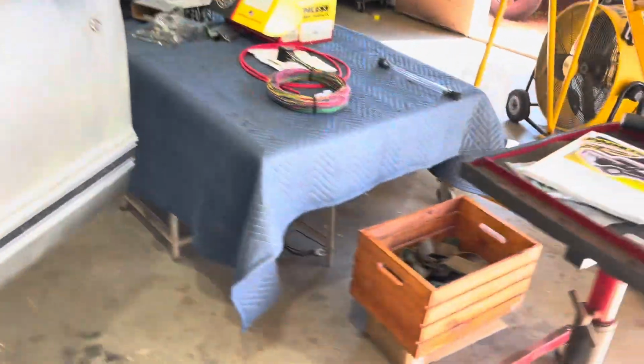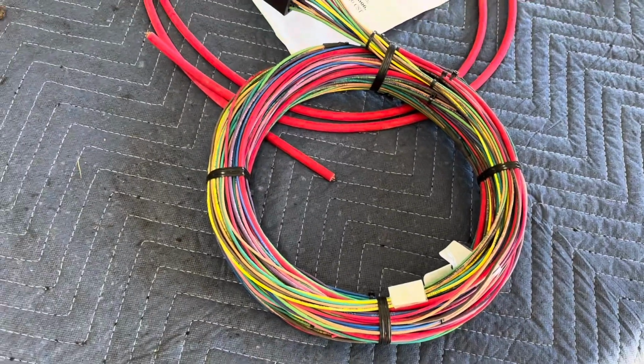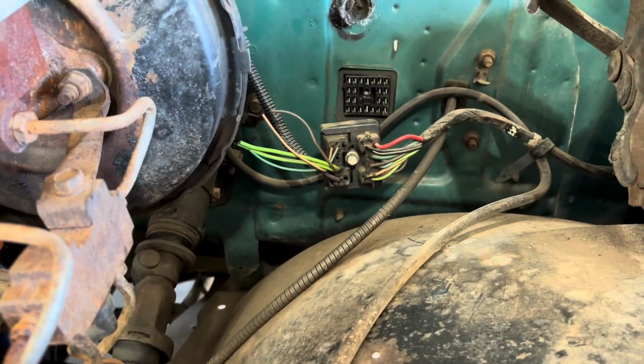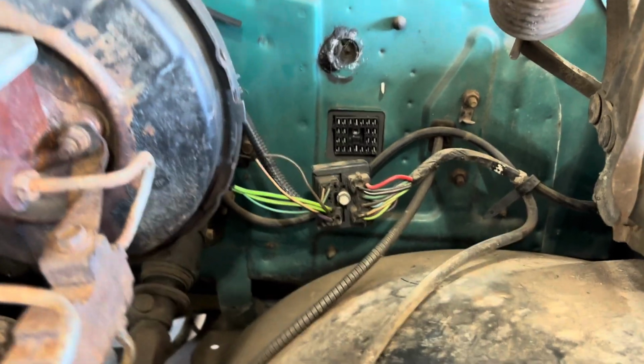And this is the under hood harness. So that goes to the lighting, to the engine, the starter, everything. So it's a complete kit. You just got to do some ends on it, but that's pretty much normal of any aftermarket kit you buy, especially when you're increasing the